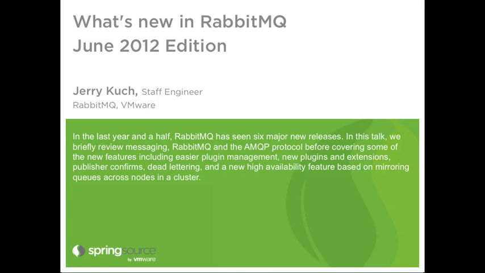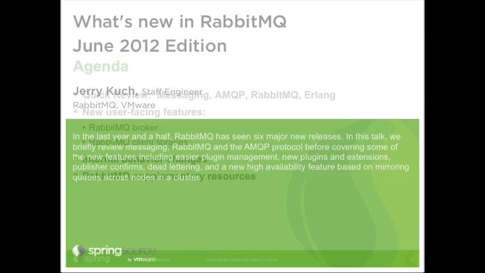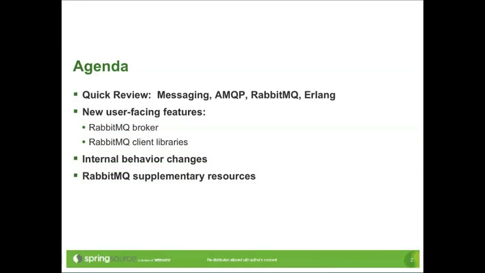So what we plan to cover in this webinar is to quickly review messaging, AMQP, the RabbitMQ messaging system, and the Erlang substrate on which it depends. This is an incremental update presentation. If you have no background in messaging, AMQP, or Rabbit, parts of this may seem unfamiliar or a little hard to follow, in which case refer to last year's webinar or the SpringSource or RabbitMQ website documentation. This is effectively an incremental update talking about the new features that are in RabbitMQ 2.8.1 as shipped in VMware's